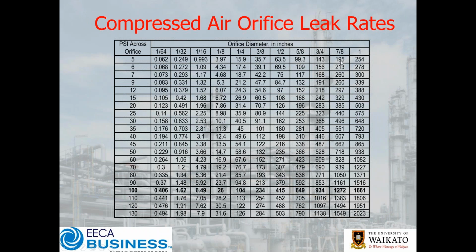Now, we just want to take a couple of minutes at this point to talk about leak rates. Some of you will have seen this chart or various forms of it kicking around. Down here we have the pressure. I apologize, it's in American units. So 100 psi is a typical 6.5, 7 bar line pressure. If you go across a 1/4 inch tube, you think, oh gee, one of those flapping in the breeze is 104 CFM. To give you an idea of scale, that ends up being $10,000 to $15,000 per annum